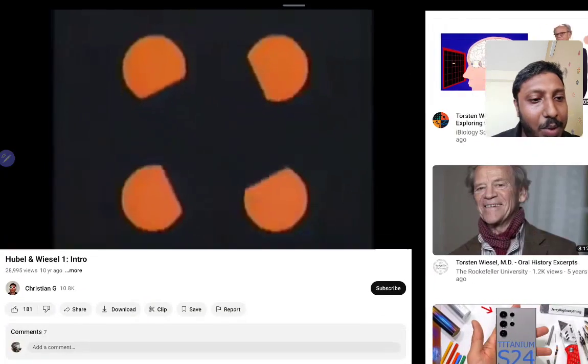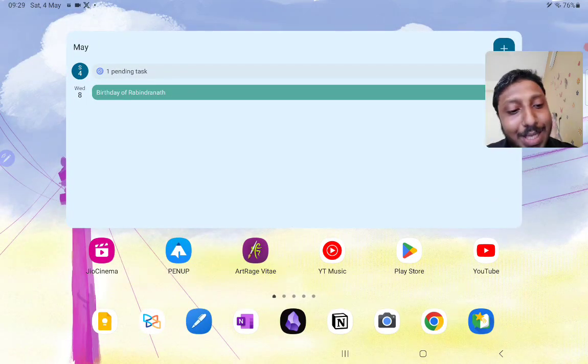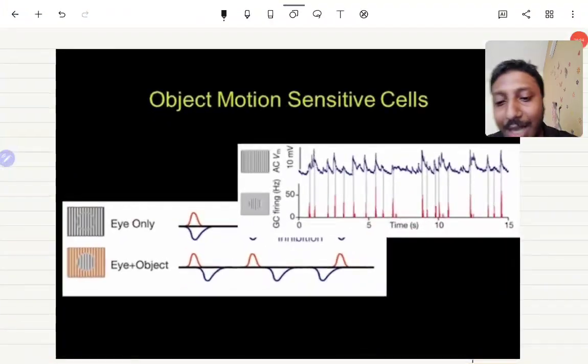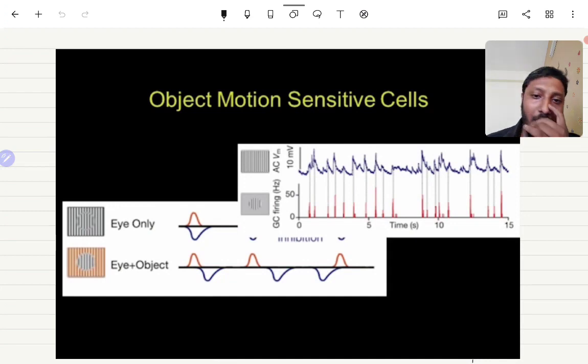Yeah, so that is about it. See the whole video, but I just showed you. Just in case you guys are too lazy to go look, I just showed you. I think it's pretty interesting to know that. So that is it. Now, how does our retina do it? It's the same thing.